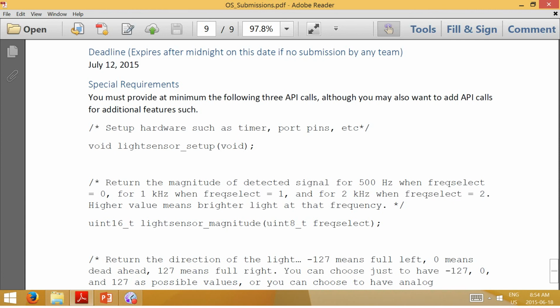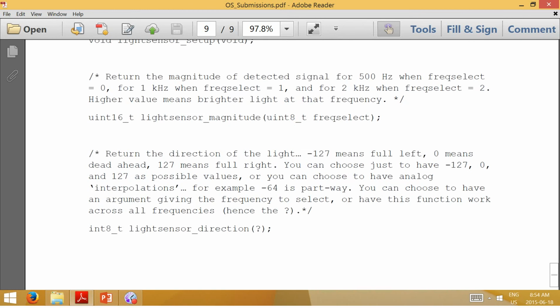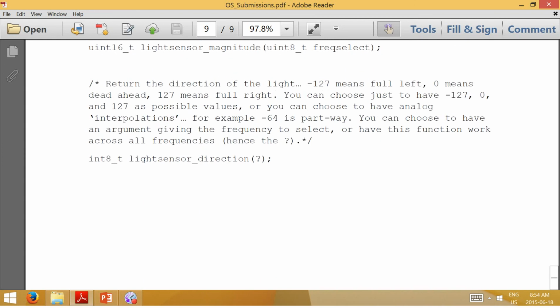So these are sort of a generic API. It's likely you may want to provide additional calls. When you go through the design, you might say, actually, it's easier to ask what's the magnitude left, right, and center, or left and right only, for each of these frequencies. That might be the better API that you also provide, and then also have the ones written in the document. So these are the basic projects that are posted.